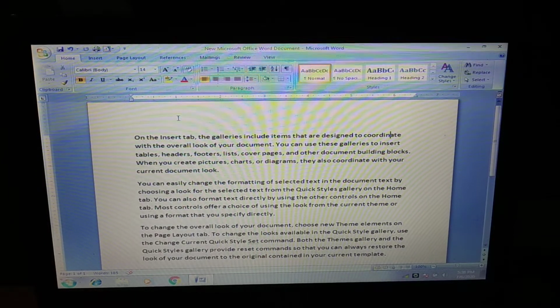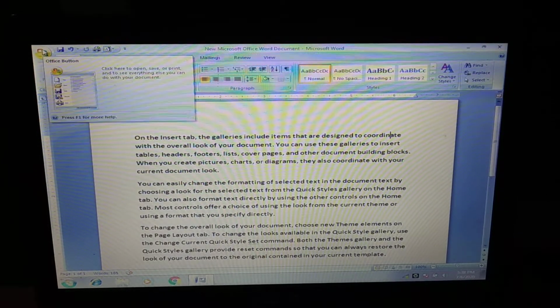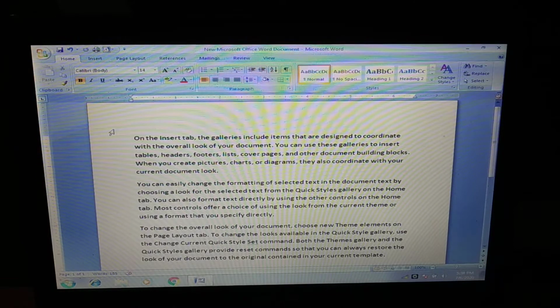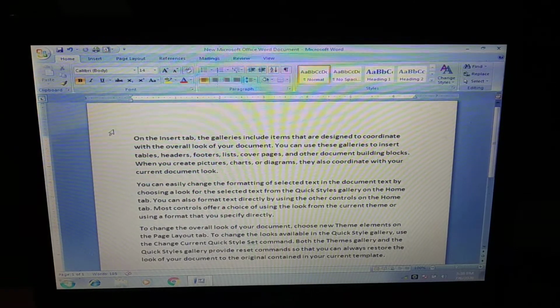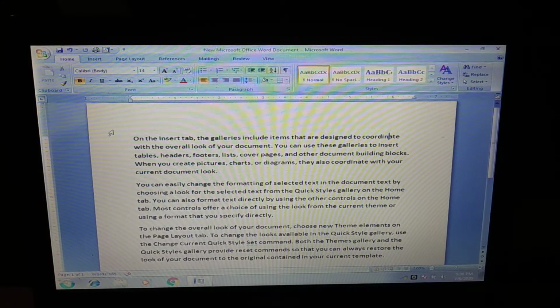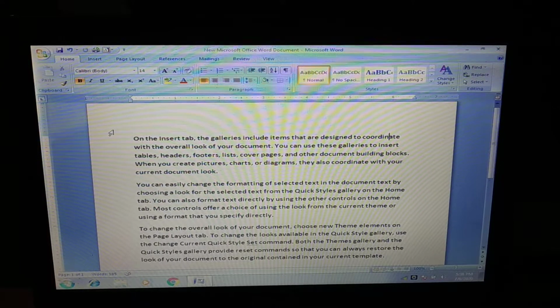Now what are the steps of saving it? Saving is very necessary. Why will you save? Because if you just work on the computer and leave it like that, then your work will go in vain. You won't be able to see or find out your work saved anywhere in the computer. It will be lost. So saving is very important, children.